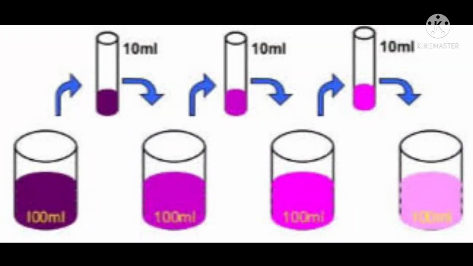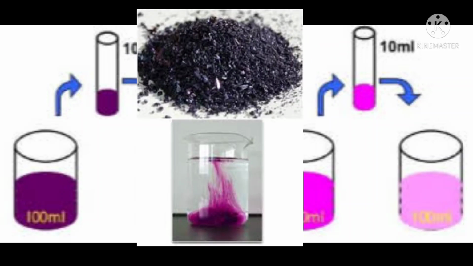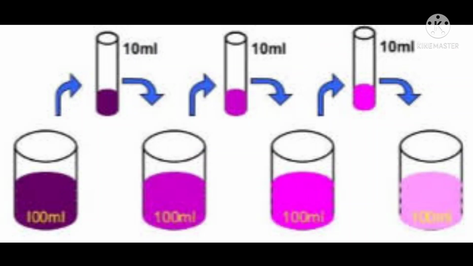This experiment we can also do by using potassium permanganate. How can it be done? Then let us look. What is the procedure for doing the experiment? Take 2 to 3 crystals of potassium permanganate and dissolve them in 100 ml of water. Take out approximately 10 ml of this solution and put it into 90 ml of clear water. Take out 10 ml of this solution and put it into another 90 ml of clear water. Keep diluting